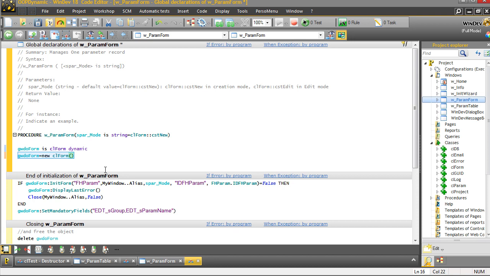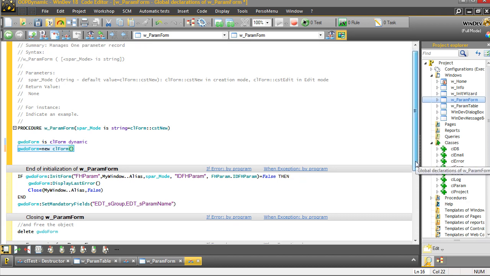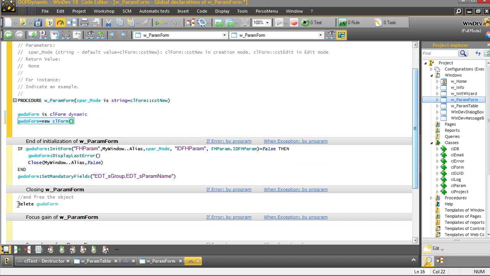Now look at what we are doing when we're closing the window. When we're closing the window, we are explicitly saying delete GWDO form, because it is a dynamic object, and if we are not explicitly saying when we delete it, then it stays there active. The problem if you declare it here and not deleting it is that it is active, but the GWDO form name